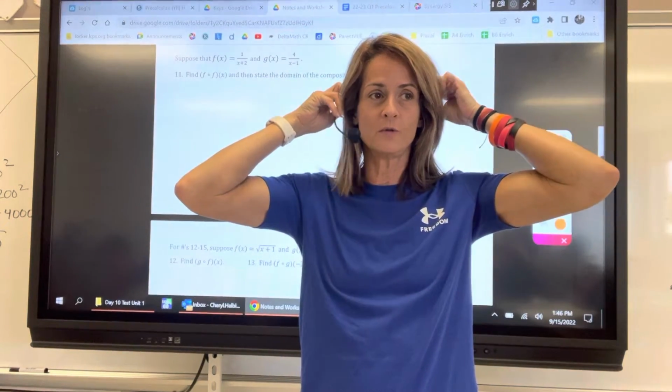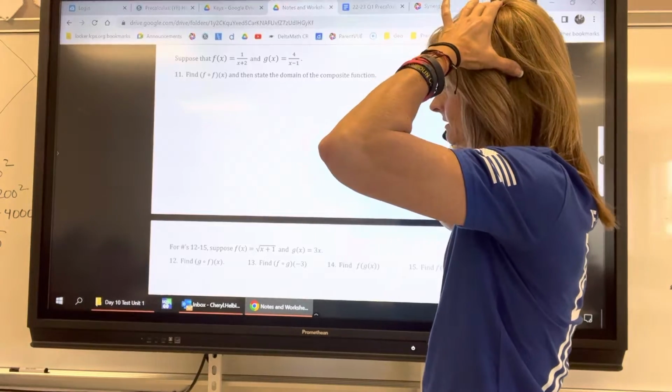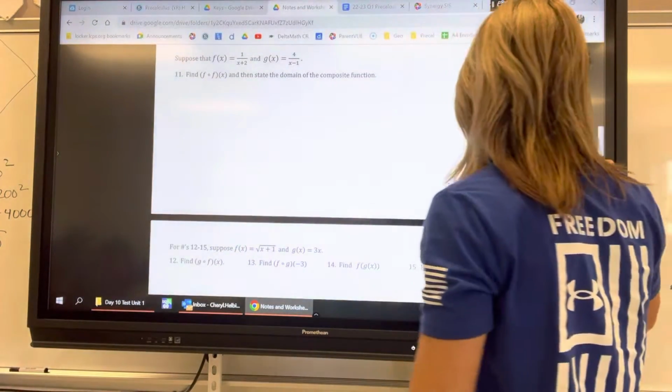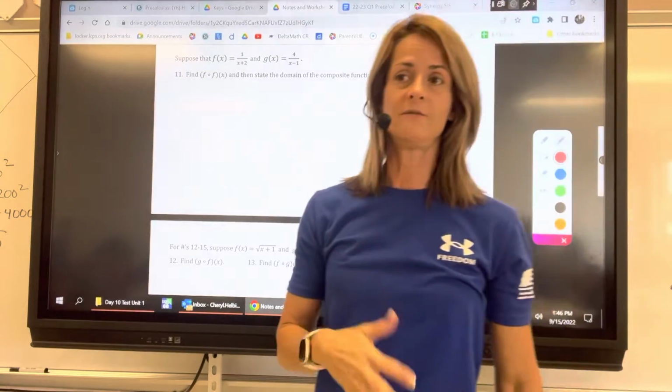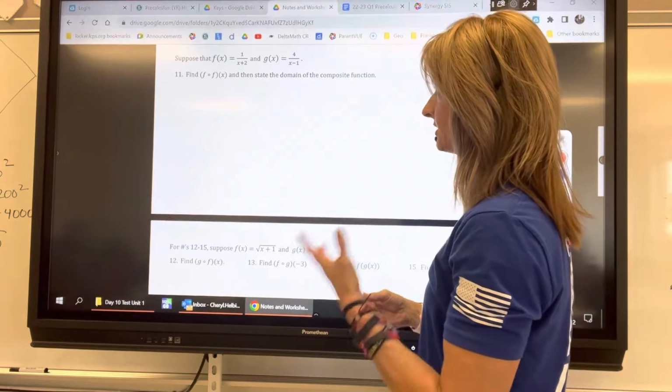Today we are going to go over how to find the domain of a composite function. And I'll hopefully be attaching this worksheet. These problems are tough. They're tough every year. I'm going to try to get through two, I may only get through one. We'll see what happens. Suppose that f of x equals 1 over x plus 2